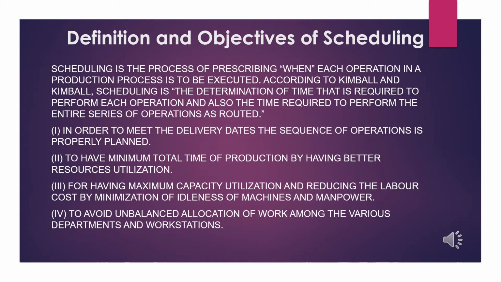In short or in brief, scheduling can be termed as a detail of when and where each operation in the manufacturing process is to be performed or executed. Establishment of an activity timetable which gives the time to start or finish each event or operation comprising any procedure or process is generally called scheduling.